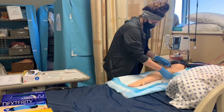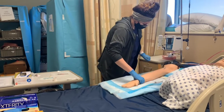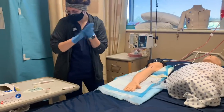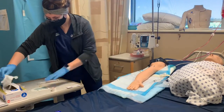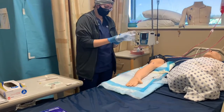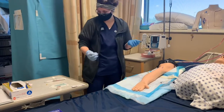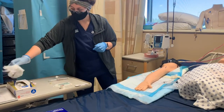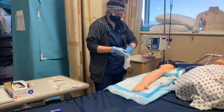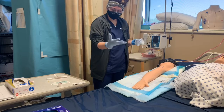Now I'm just going to have you raise your arm again. We're going to put that tourniquet underneath so you can find a good vein. Okay. So I'm just going to wash my hands. Put on a clean pair of gloves. When I put the tourniquet on, if I still cannot find a good vein, I'm going to take the tourniquet off,